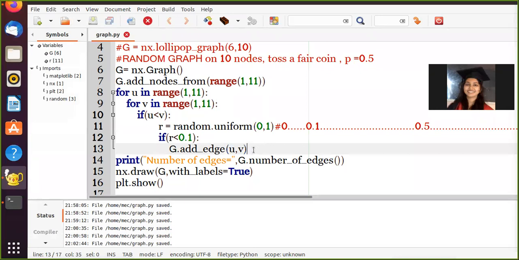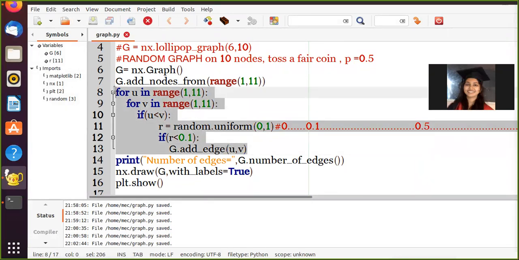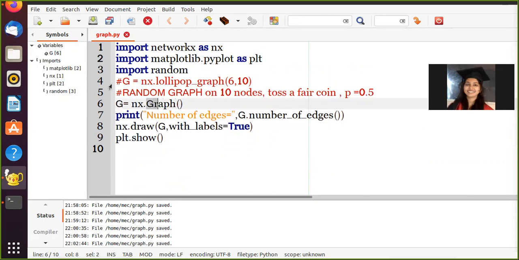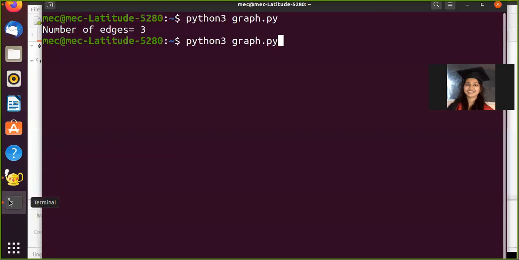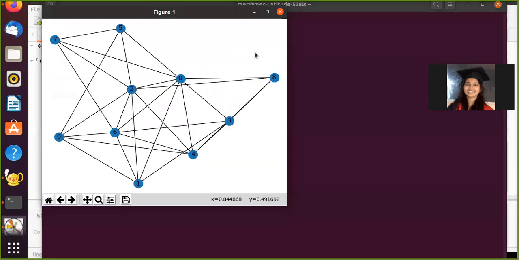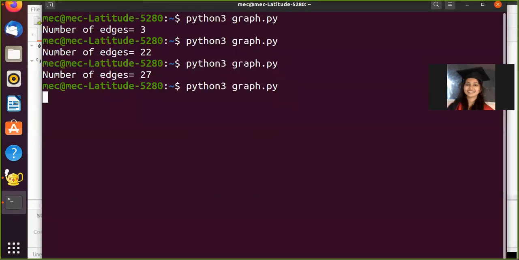So what we can also do is, instead of writing all this code, we can have a single function written by NetworkX for us, and we can include it here. We can write G is Erdos-Renyi graph. I want this graph on 10 nodes and with a probability of 0.5, and let's just execute it and see. So you get again 22 edges, exactly the same thing which we were getting before, 27, 25, so on and so forth.